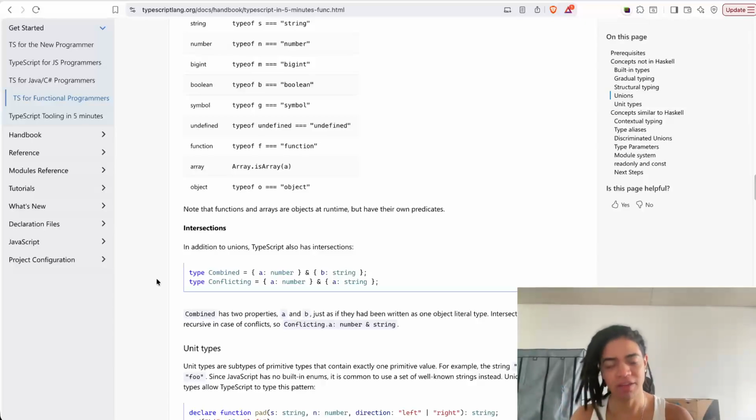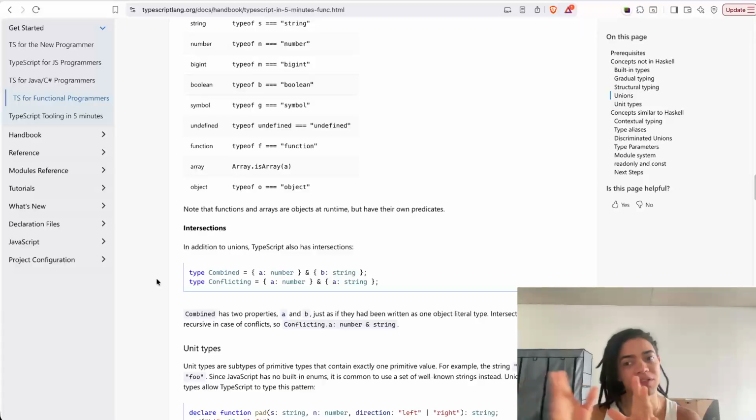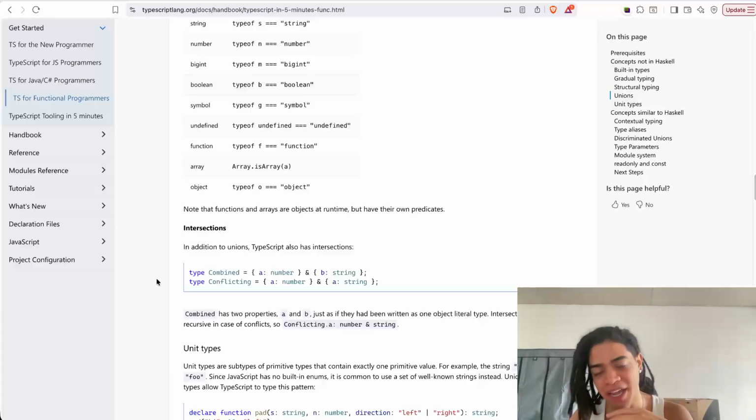So common use cases are for API, for example, on success or on errors, or if you're managing state, and you have to update based on a specific discriminator or